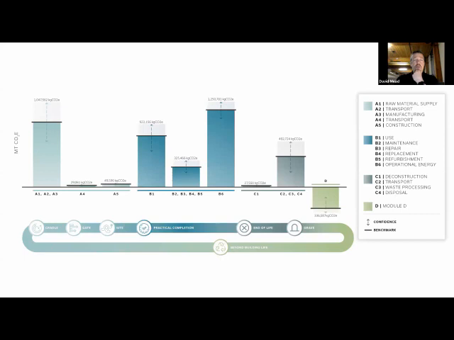First off, this is another example from a project looking at all the stages, so A through D. And one thing we've been doing quite a bit are these dashed lines looking at confidence in the data. So one of the challenges with embodied carbon is there can be data quality challenges. So when you get into the details of an LCA, you might not be able to find an EPD on